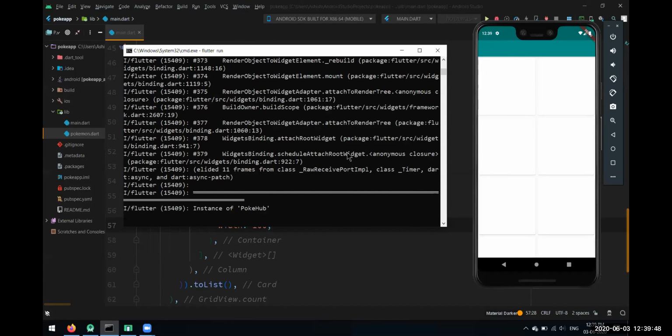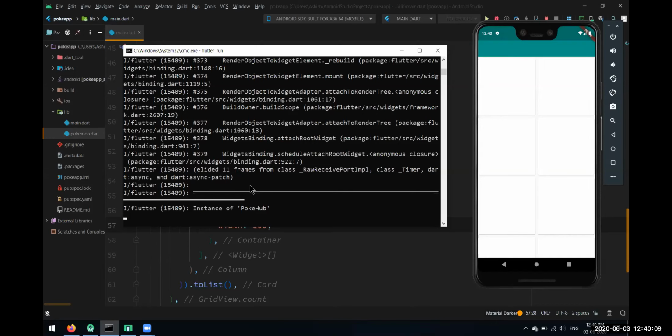Did you notice anything? For some seconds we had a red screen, and after we got the data, the screen automatically got built up. Let's see this once again. For some time we'll get that error screen, and as soon as we get the data from that JSON object after hitting the API, we'll get this screen built up.